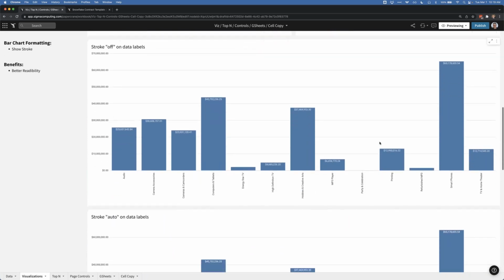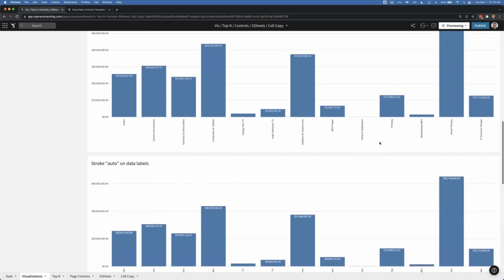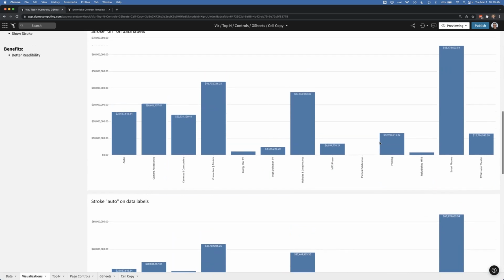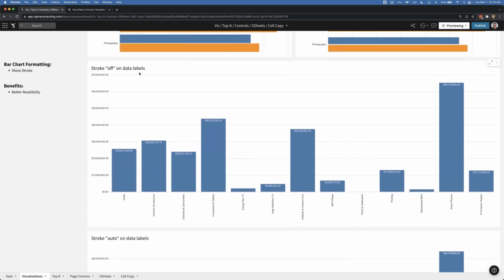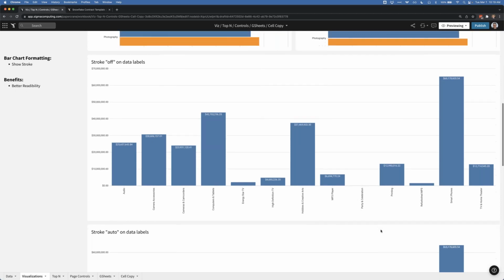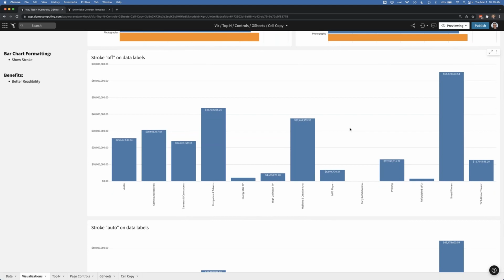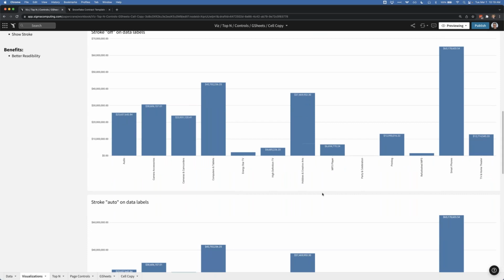And I have these two bar charts, and they look identical right now. But the difference is there's an option for this stroke. On the top one, it's off, and on the bottom one, it's on auto mode. So the one on the top, which is off, is really the previous behavior that we had before this feature was released. You can still have that behavior available, or you can use the new behavior, which is automatically turned